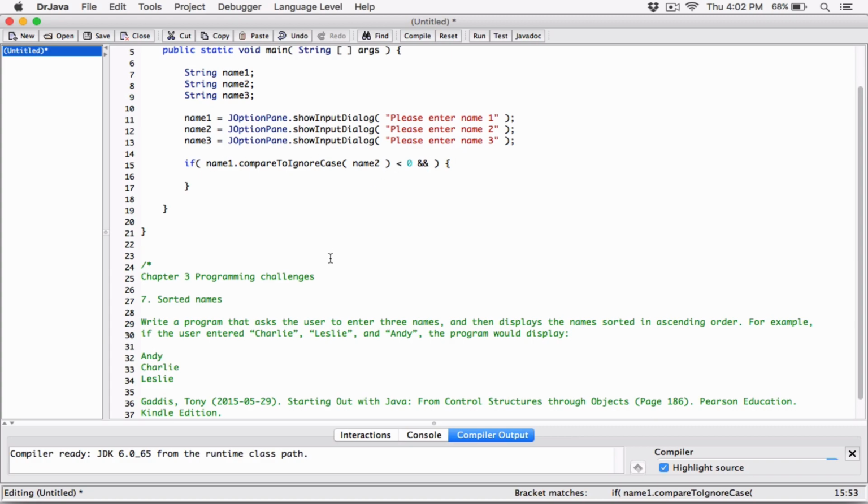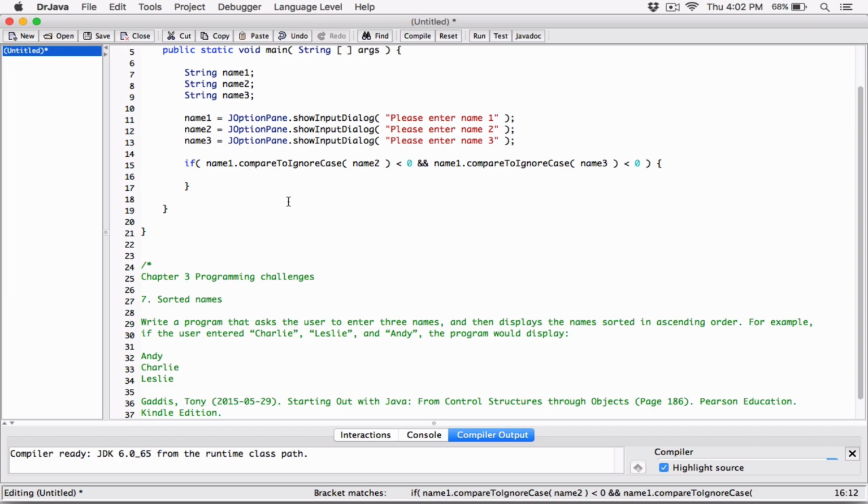So if that is less than 0, and at the same time name1 dot compareToIgnoreCase name3. We're comparing name1, name2, and name1, name3. We are checking to see if they're all less than 0. So basically what this whole thing is saying is, if name1 is less than name2 and at the same time less than name3,